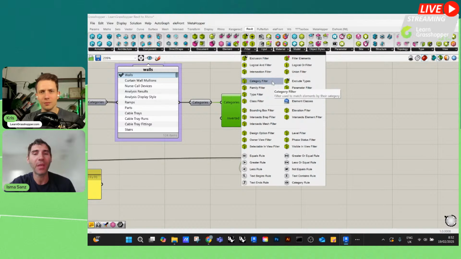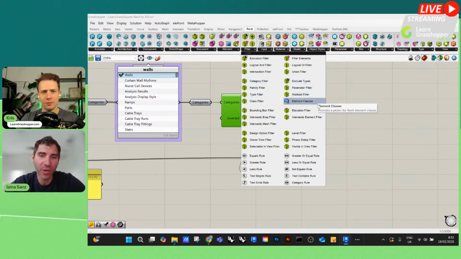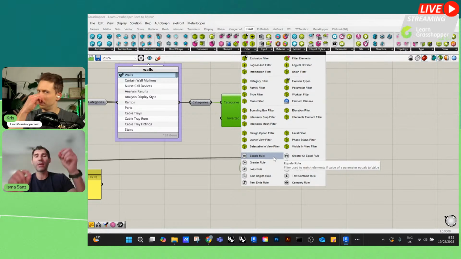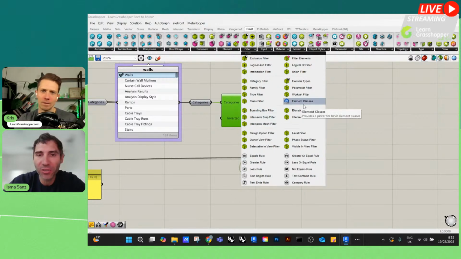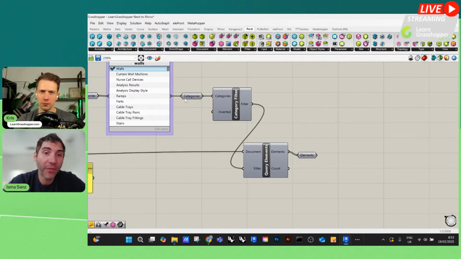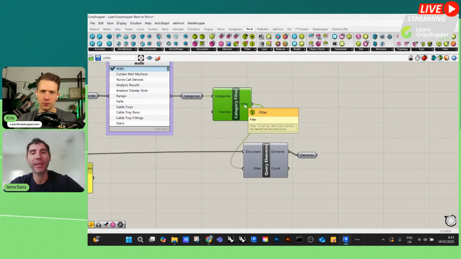In this case, I'm using the category filter, but you have many different ones and you can add rules if you want something that is equal to or greater than, right? You know how this works. Intersections, bounding boxes, etc. So when I feed the category inside the category filter, it's going to select everything